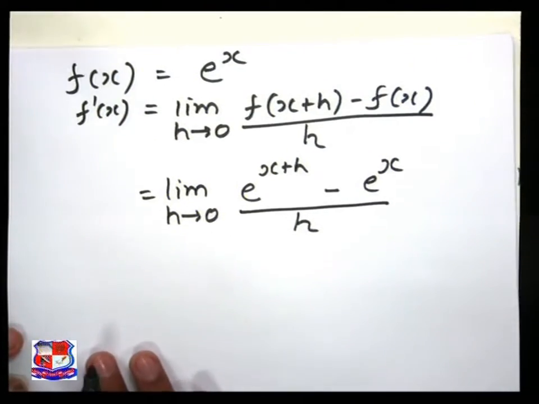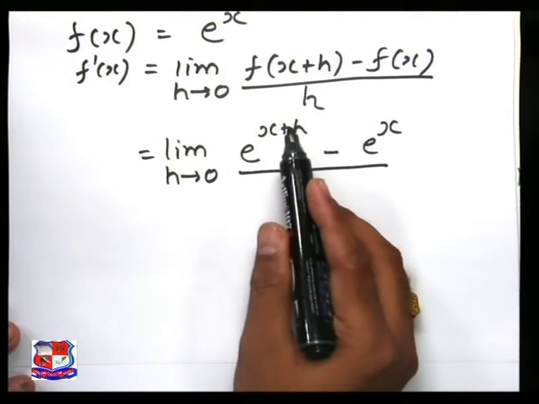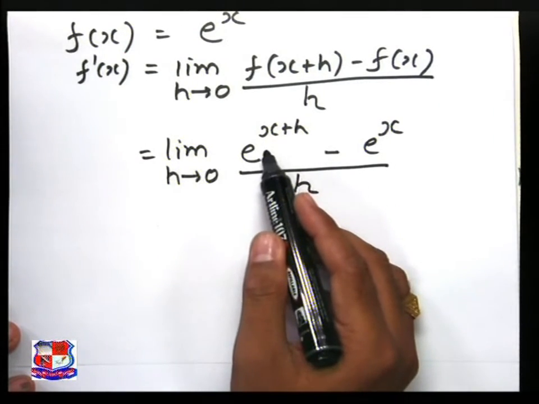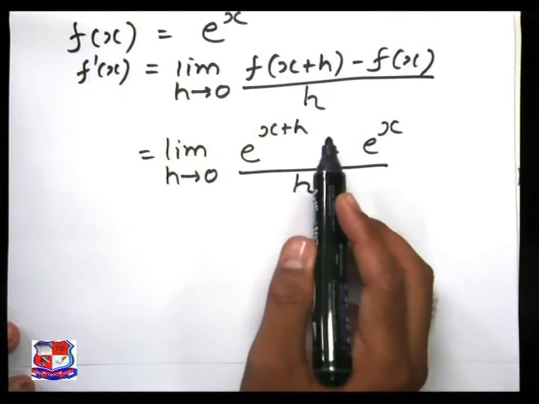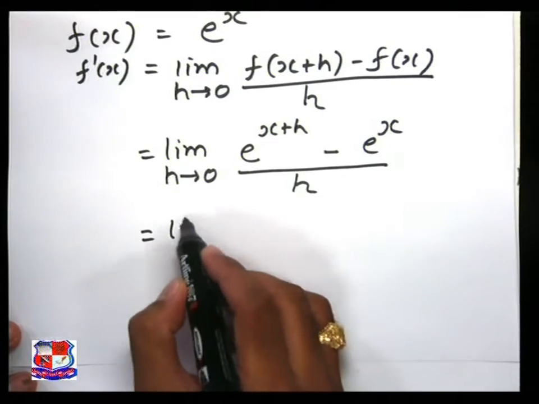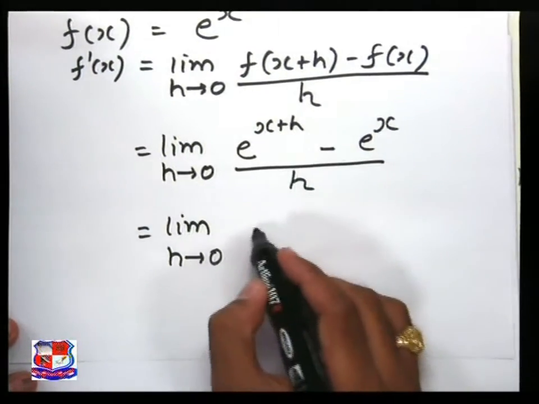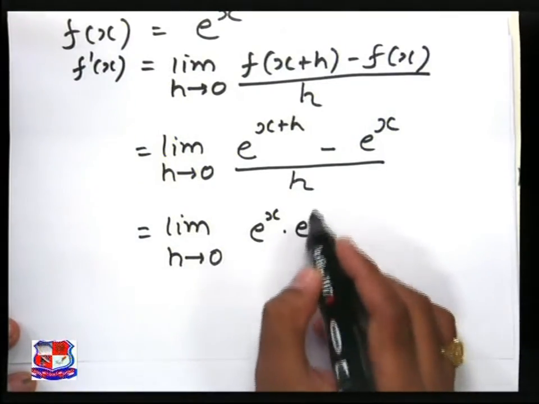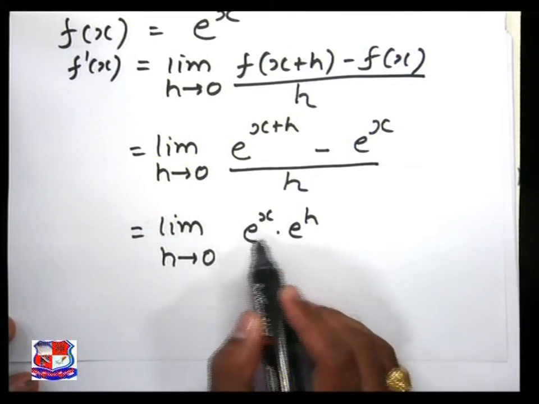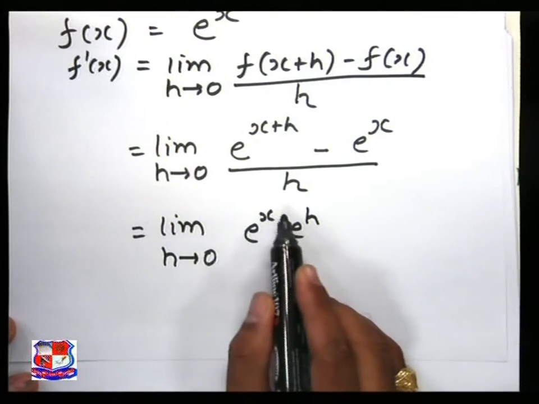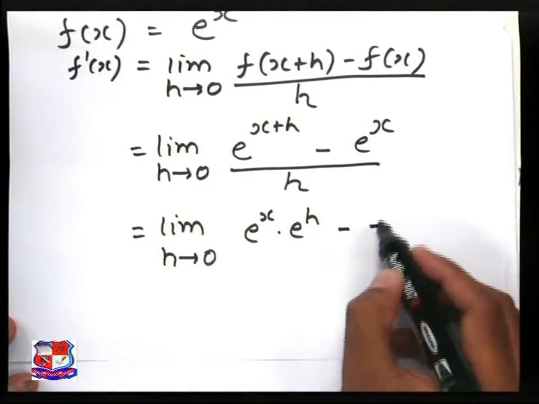divided by h. Now we want to simplify more: e raised to x plus h we want to make into two parts, that is e raised to x into e raised to h. We can write limit h tends to 0, e raised to x into e raised to h. Both bases are the same, that is e, and we take the addition, x plus h, and the remaining is the same, minus e raised to x,